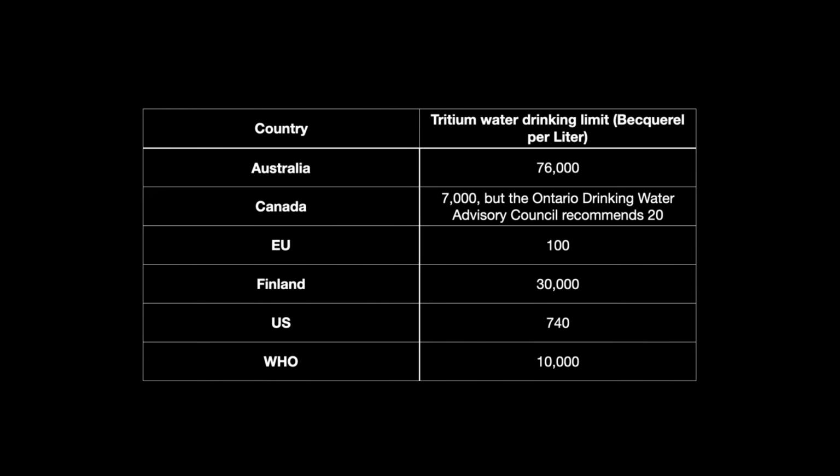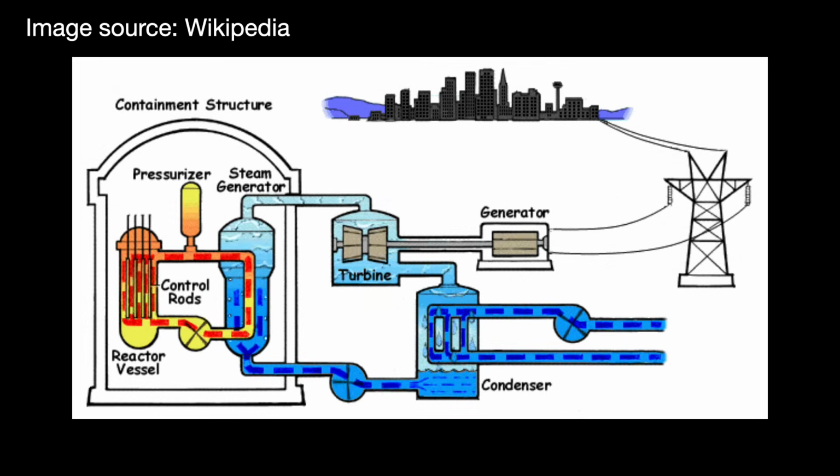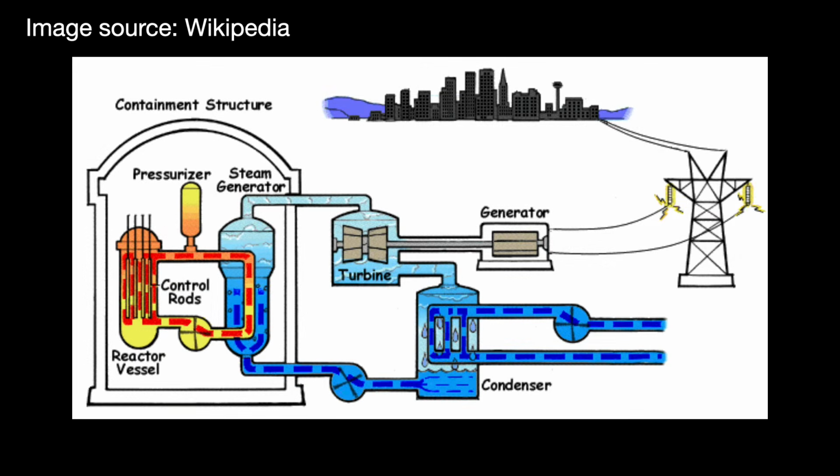Thus often subject to politics, but limits vary from 100 Becquerel per liter in the EU to 30,000 in Finland. But it is widely agreed that drinking tritium is 25,000 times more hazardous than breathing it. Thus, engineers build barriers between the primary reactor coolant, the liquid that is actually going into the reactor, and the